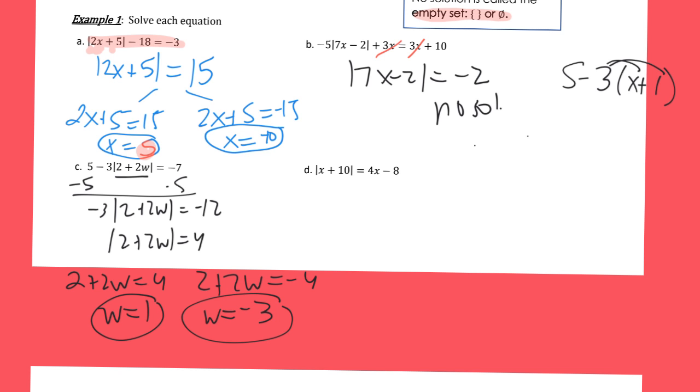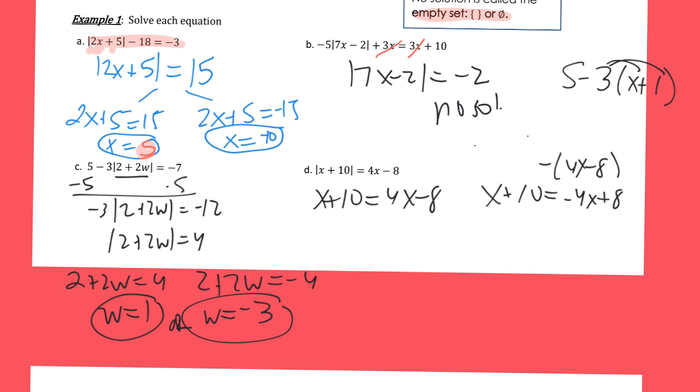So you isolate it, which we did, and you set it equal to the right side, and you set it equal to the opposite of the right side. So you do x plus 10 equals 4x minus 8. And you should write the word or between each of these. The other thing is going to be x plus 10 equals the opposite. So the opposite of 4x minus 8 would really be -4x plus 8. So if you solve each of these problems, you're going to get x is equal to 6 on this one. And if you solve this problem here, you add 4x to both sides, subtract 10,